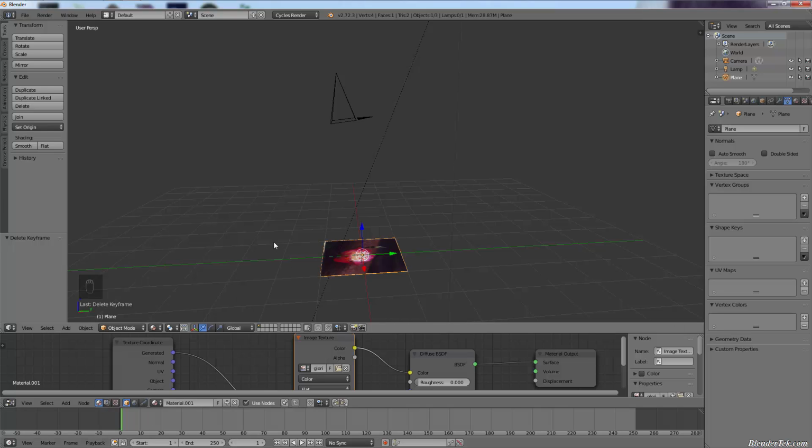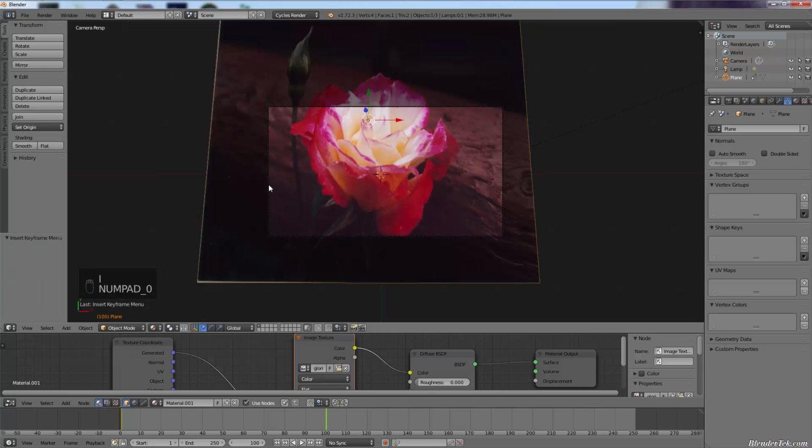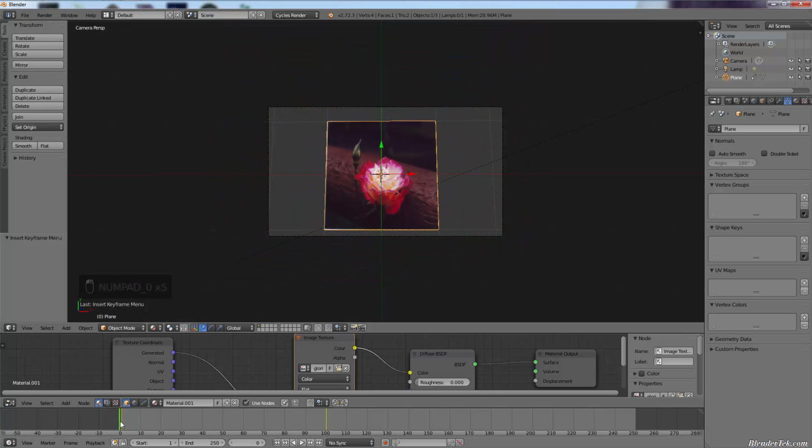So we could insert a Lockrot scale. Make sure your mouse is always in this window when you're inserting keyframes, by the way. And then we could go forward, let's just say to 100 again. And we could move it very, very close to the camera and insert another one. And we'll press numpad 0 to go into camera preview mode, and we could go through our animation. You could do something like that,